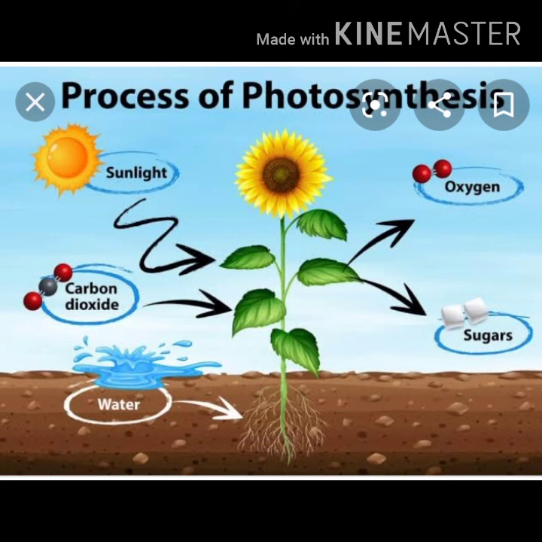Can you say what is the name of the food prepared by the leaf? It is carbohydrate, which we studied in the beginning of the chapter, one of the important nutrients required by the body of animals. So how can we identify that carbohydrate is produced by the plant? Another activity is there on the same page, activity 5.